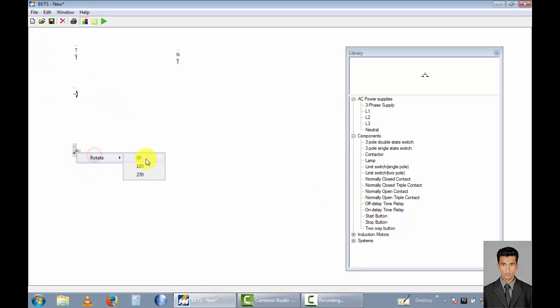Take this point and rotate 270 degrees, and I combine this terminal to this one and this terminal to this one, and I want a contactor, rotate 90 degrees, and I want a normally open contact point for the K1 contactor. Take this point